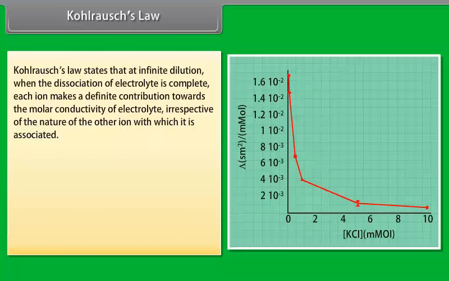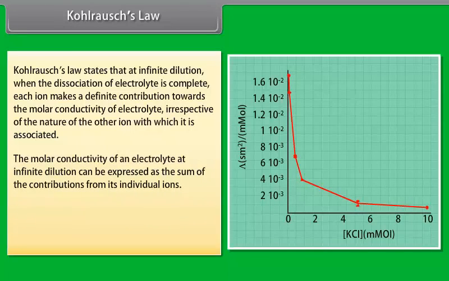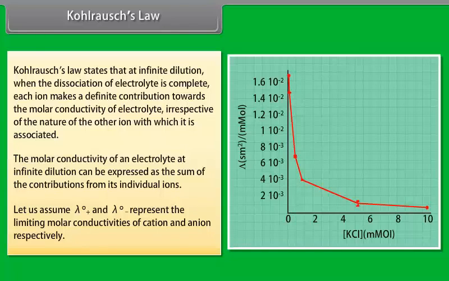Cell constant is equal to conductivity upon conductance. It is represented by G asterisk. It is expressed in the unit centimeter inverse. It is more convenient to obtain the value of cell constant by measuring the conductance of a standard solution whose